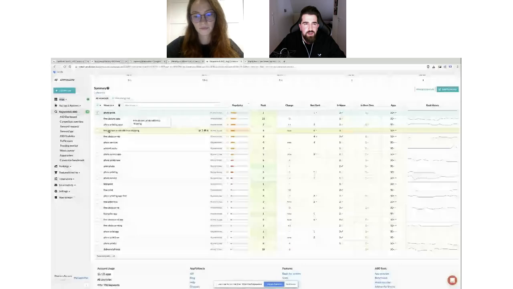Because you're mentioning photo and maybe prints in the title and in the short description, but they're missing some keywords that might be interesting, like services or free shipping, which might help you to rank higher for these keywords. So avoid duplications and don't waste space on keywords that are not important for the algorithm, because conversion is not that important on Google Play, at least for the description, so short description and long description.